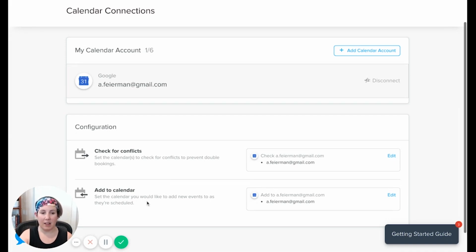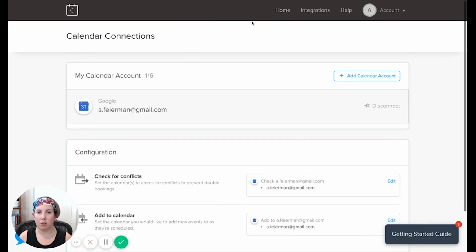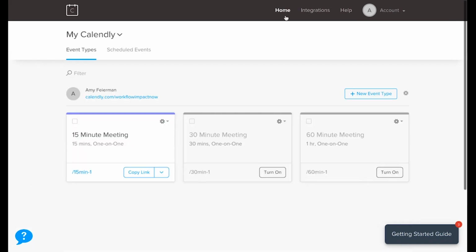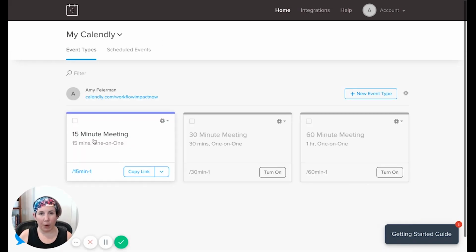So that's that piece. Then you click OK. We're going to go back out of here, go back to the home, to the dashboard. And when you open up a Calendly account, it gives you 3 options: a 15-minute meeting, a 30-minute meeting, and a 60-minute meeting. When you have the free account, you get to pick one account type that you want to